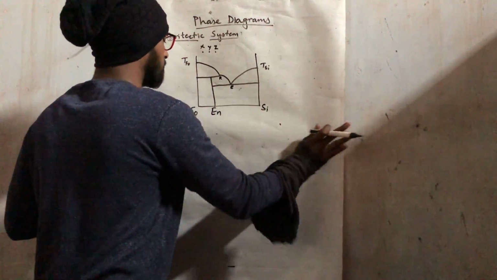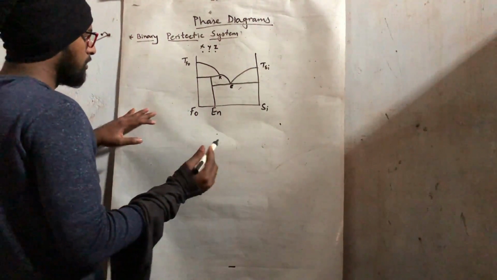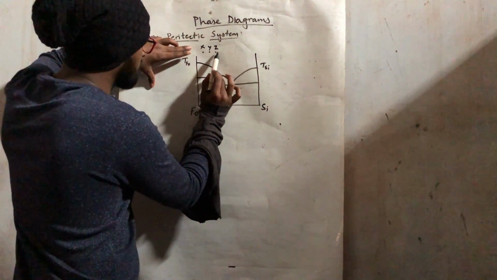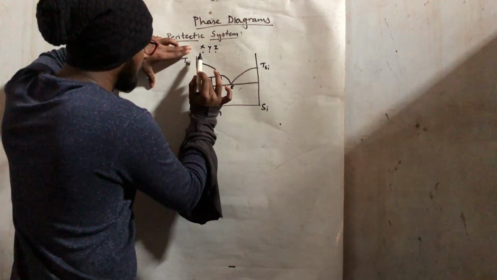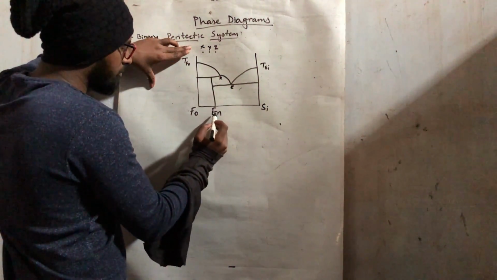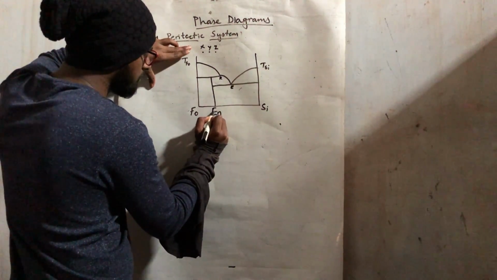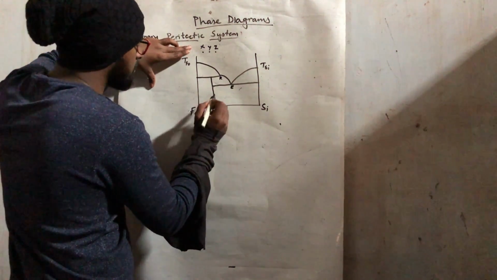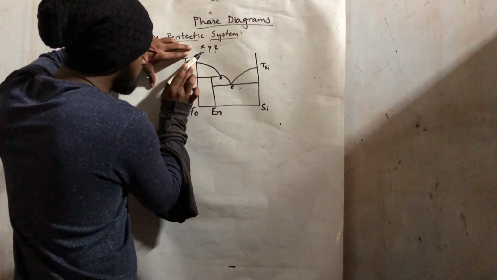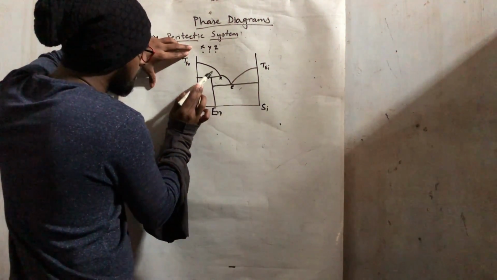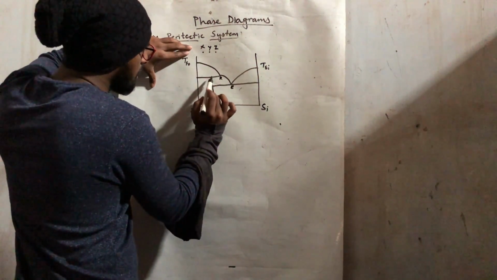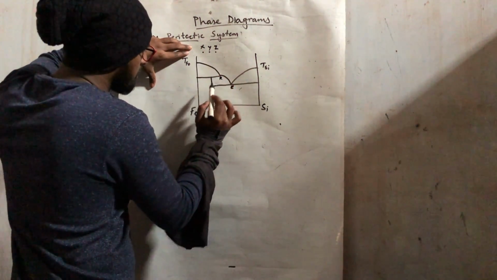So now, first let's see how it proceeds. For this system, we will take three examples of melt: X, Y, and Z. This line represents the line of enstatite. That means beyond this line we can have enstatite. So the first melt component we will take on the left side of this line, the second just above this line, and the third after this line.